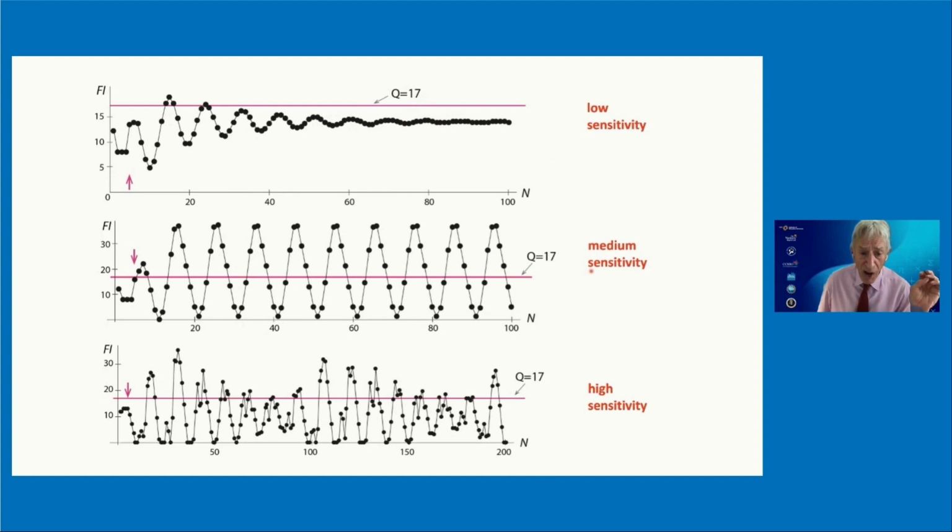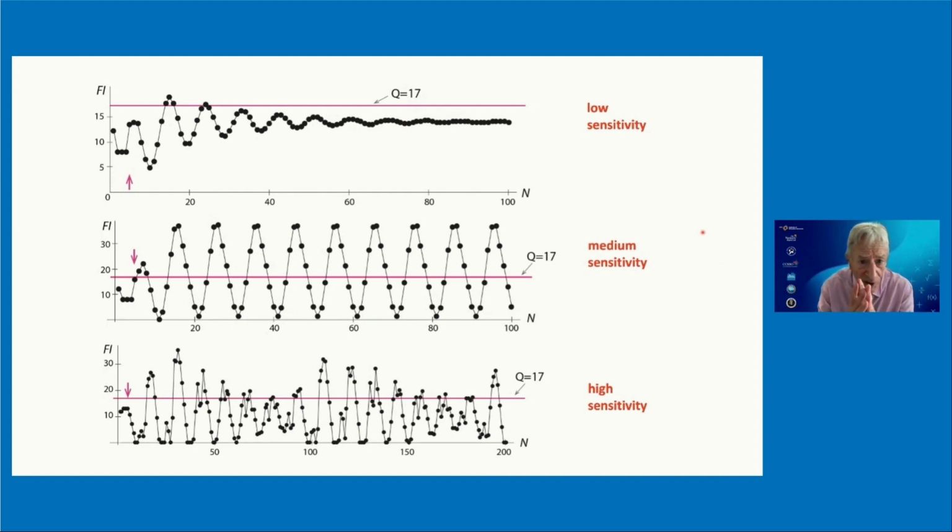If the sensitivity goes up, then you go into oscillation. As beer comes down the line, you shut down orders, so you have no beer. So then beer is a shortage. So then the orders go up. You can get oscillatory solutions, and at high sensitivity, you can even get chaotic solutions. And the CEOs at the Sloan School and students who play this game learn how to manage supply chains without inducing bad dynamics. It's a very powerful lesson.